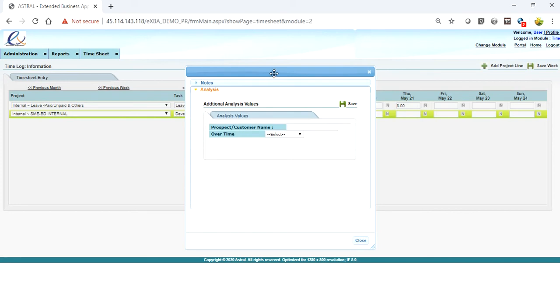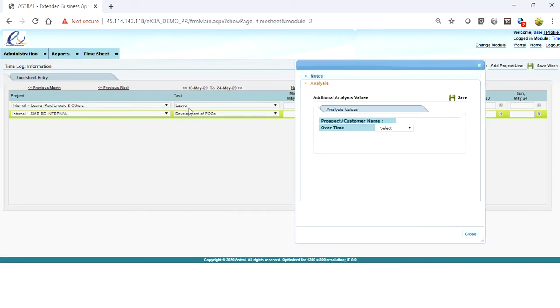In this case, as I have explained for leave, the analysis fields are automatically populated based on the task you have selected. Here you have selected development of POC, so what additional information you want to capture is the name of the prospect or customer.